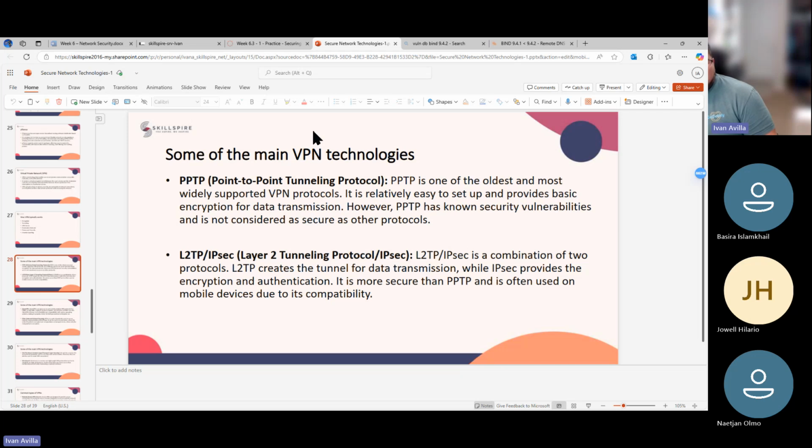You would have to put in the IP of my PPTP server, what specific level of protocol. But it is extremely widely supported. You can actually set up this on most operating systems without installing any third-party software if you know how to configure it. Similar for less widely supported, but L2TP, Layer 2 tunneling protocol, is for